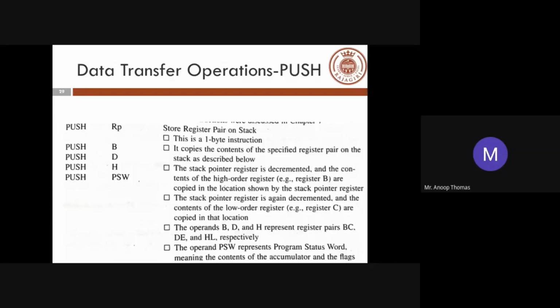I missed the push operation. Push is putting the value into the stack. Pop is taking the value out of the same thing. There's no difference. Pop basically takes the value into the registers. Push basically pushes the value into the stack. So the 2 things which are involved, one is stack, the other one is register pair. So in pushing from the register pair into the stack, popping from the stack into the register pair, it both operates on RP, register pair.